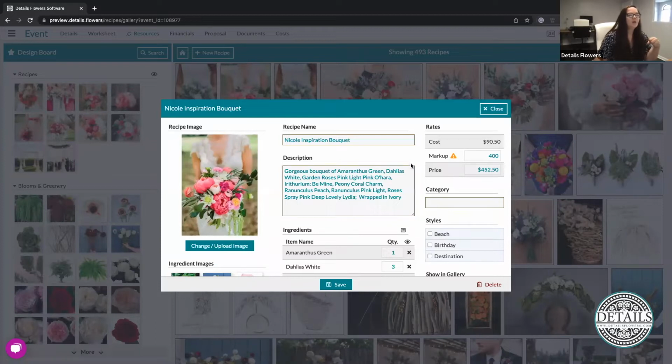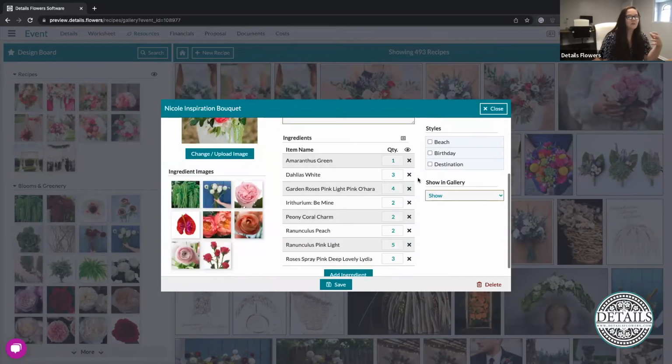All right, so those were some of the larger changes here. We've got some smaller changes here as well. So the first of which is going to be this copy list. If you guys are familiar with the worksheet, we have a copy list button right above the description area. So this is for you guys to go in and put that easy description in there that's just listing